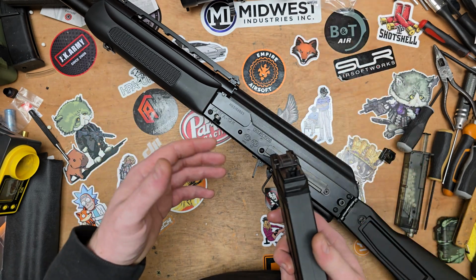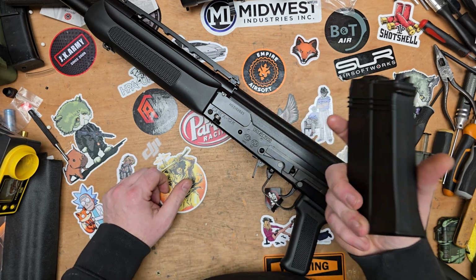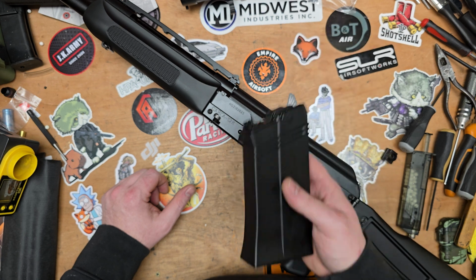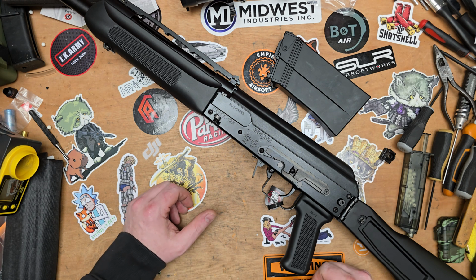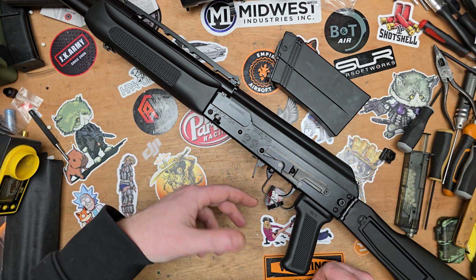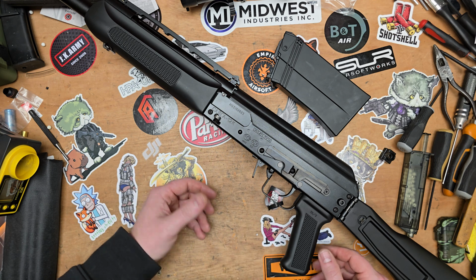Now, with that AirTac adapter, you can always just remove it and go back to gas mags if you're like a milsim or something like that, where you want to be a bit more serious. This is going to be a fun gun for me, so it's not really aimed towards realism. It's more aimed towards more smiles. So I've got the AirTac adapter. I can use some M4 mags, which are going to be easy to stow in all the gear that I've got. The only thing that I haven't decided on